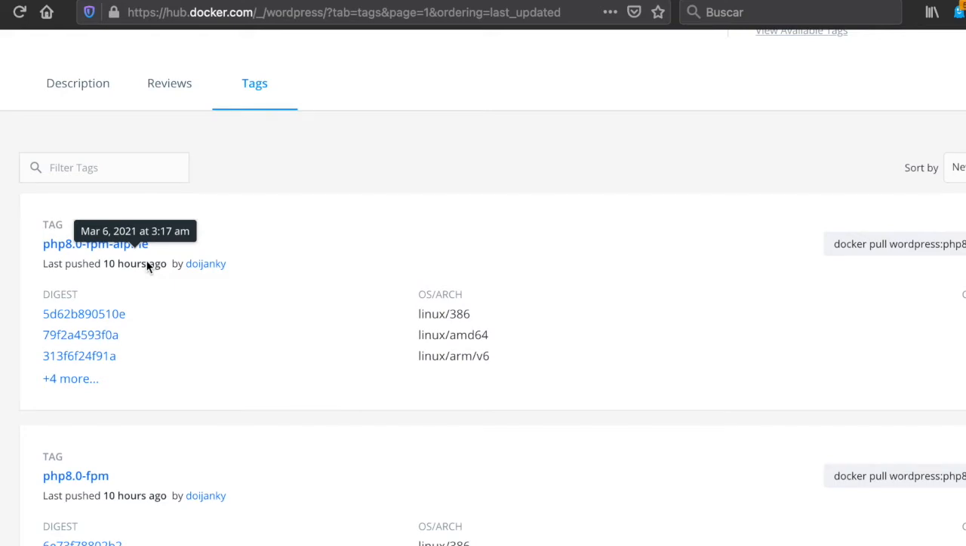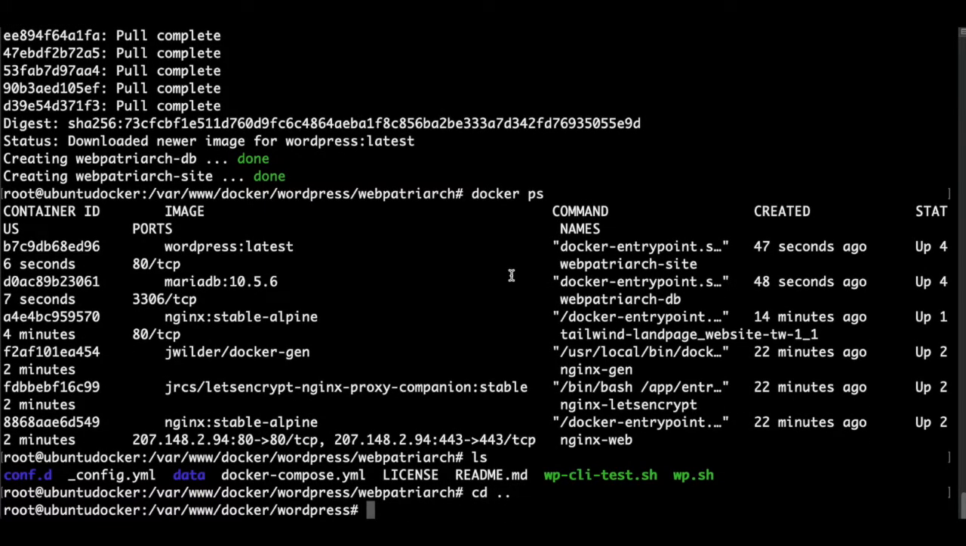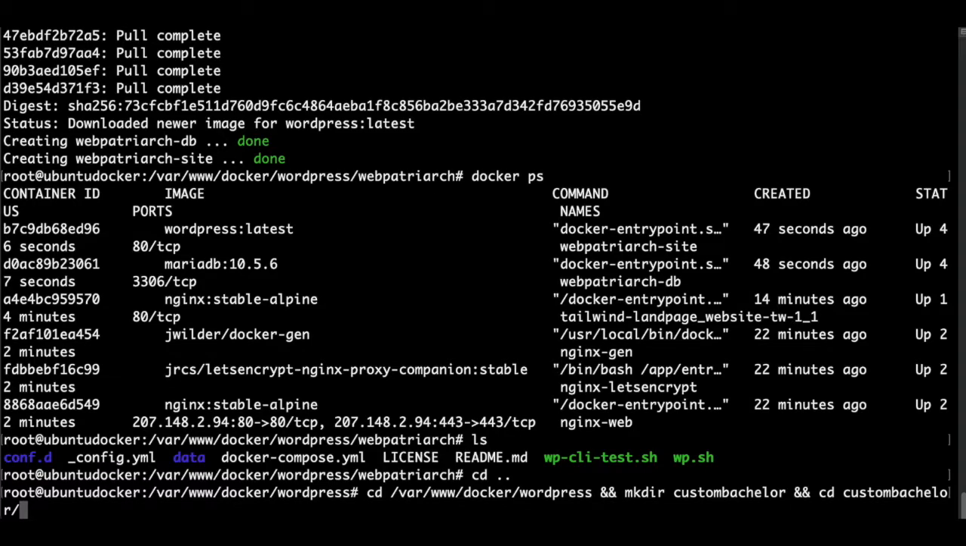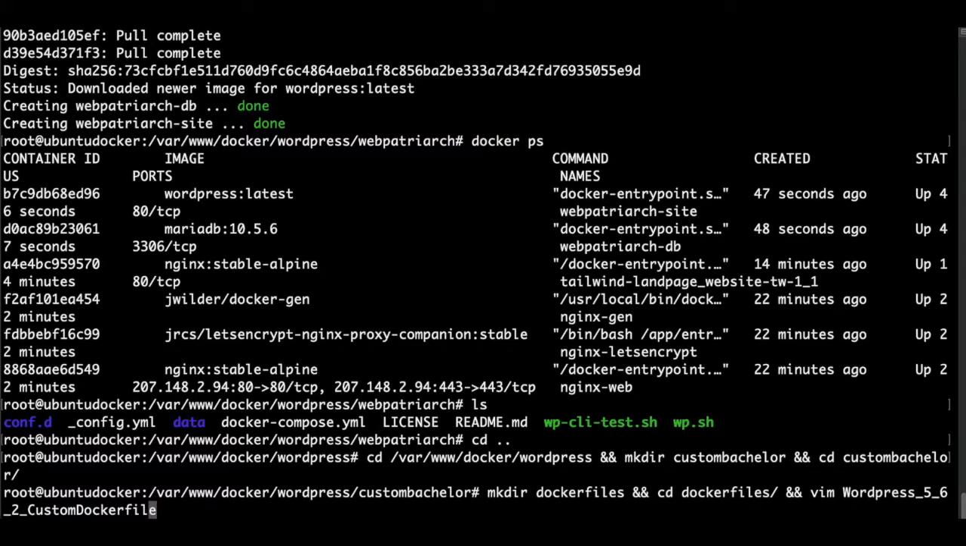Let's see if we can install WordPress now with the nginx web server and the MySQL PDO extension installed. So let's go up one level to the WordPress directory and create a new project in a folder. In this case, it's going to be custom bachelor. First, we need to create a new Dockerfile and edit it. I will call it